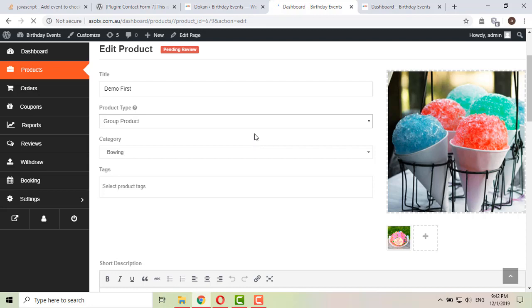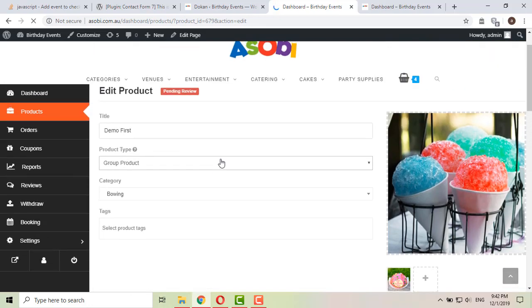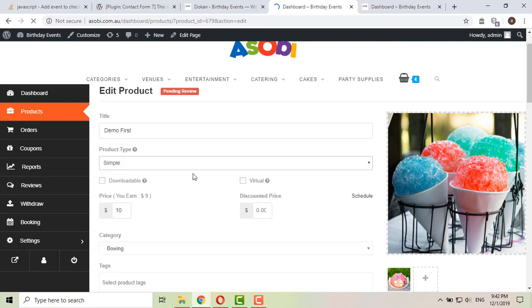So for this you can put it as group product. We will go with simple product for this. If it is not a physical product, then you will make it virtual, like the venue will not be something physical like cakes or other things, so you will make it virtual.